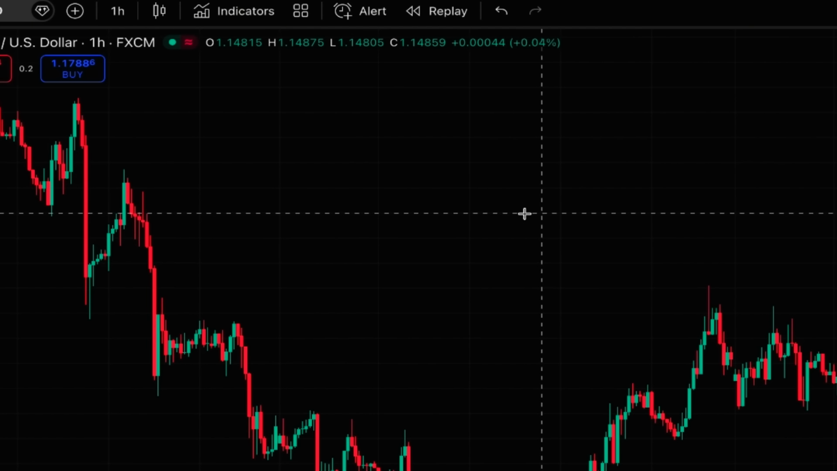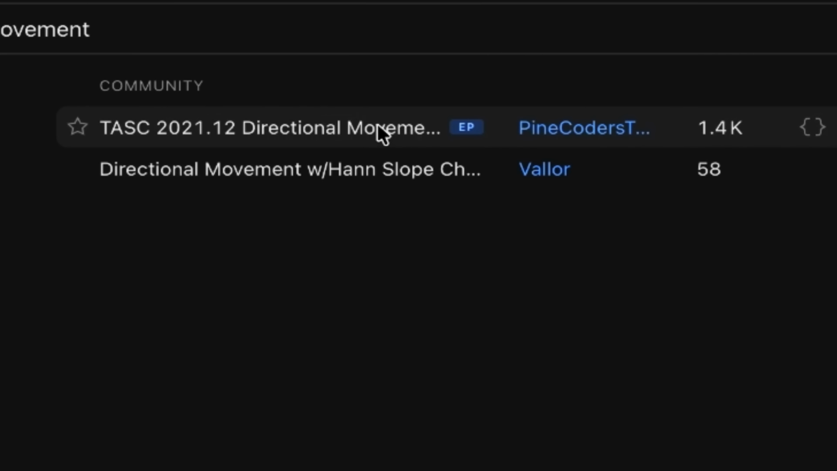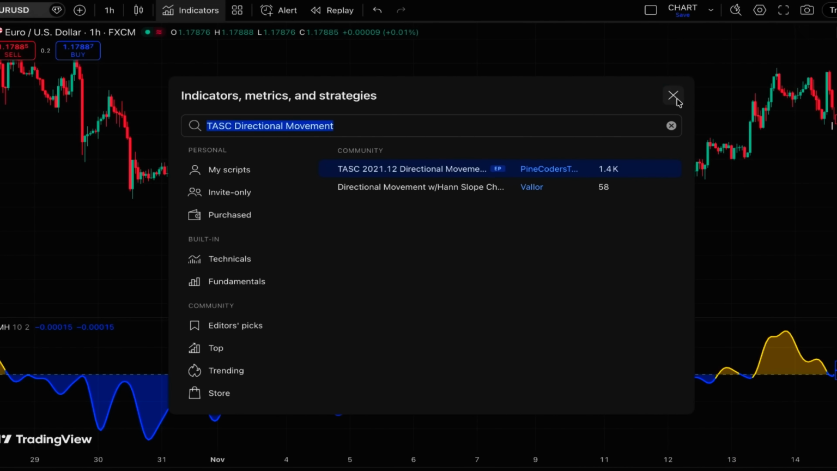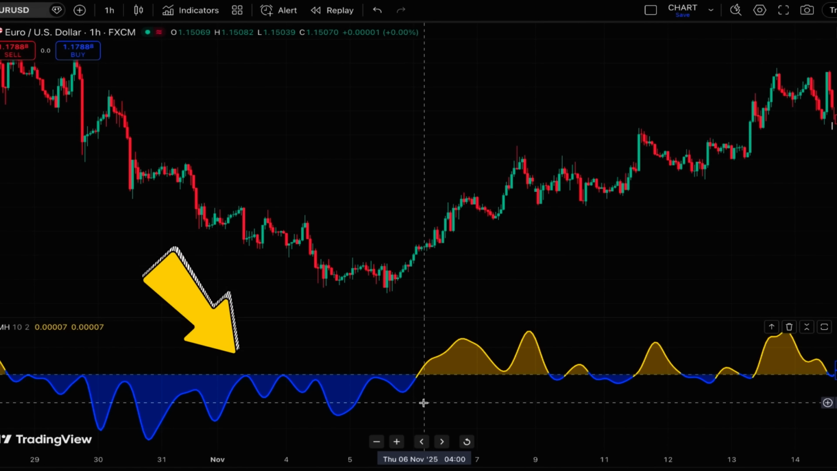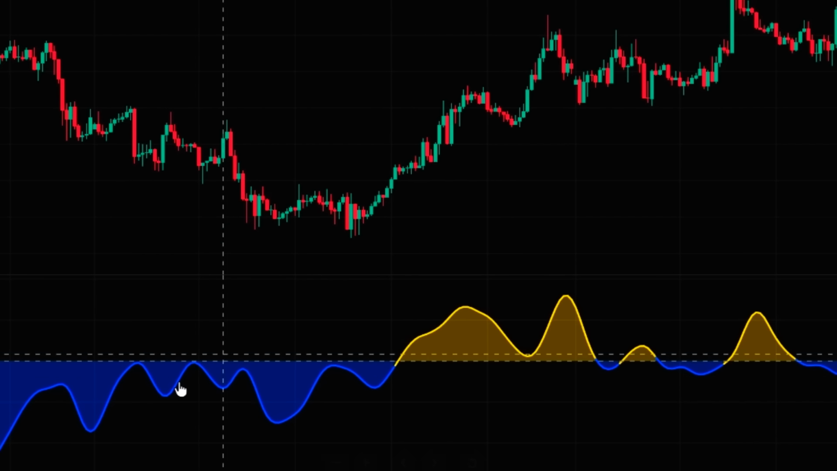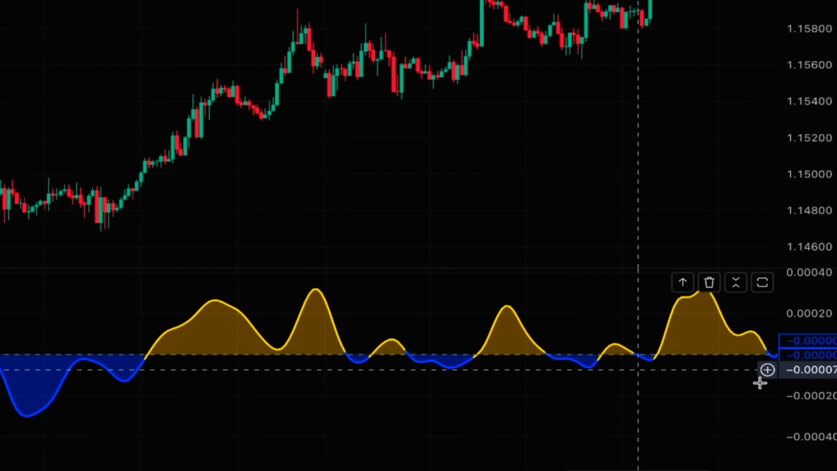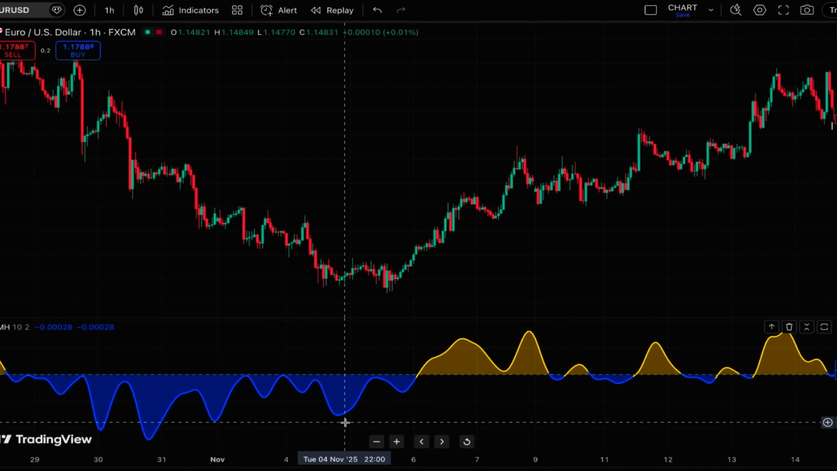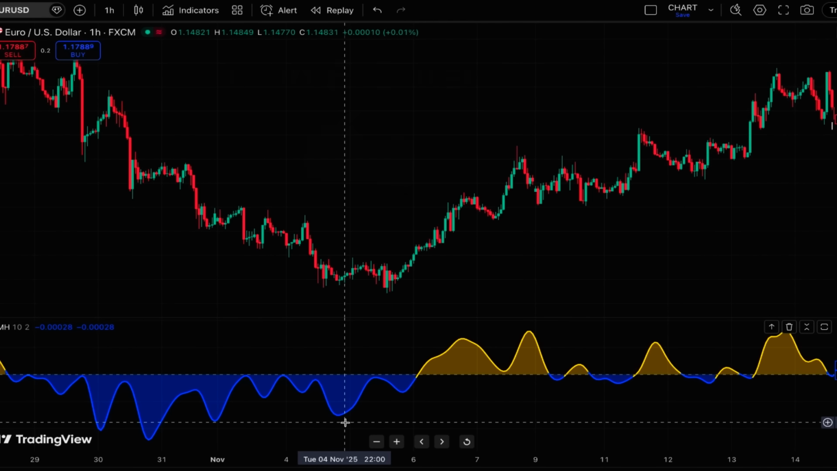Alright, here we click on indicators and we search TASC directional movement. This one, which is an editor's picks indicator and written by Pine Coders TASC. Alright, this is the indicator, and as you can see, it's added here below the chart in the form of an oscillator. You can see that we have a line here that is moving above and below the center line, which is 0. This indicator was originally developed by John Ehlers many years ago, and now we have it here